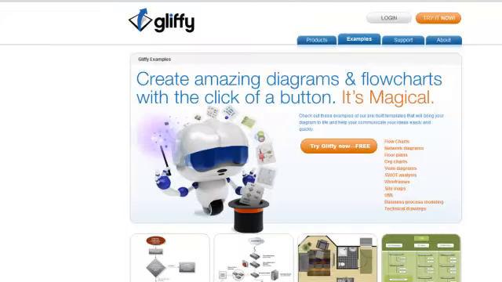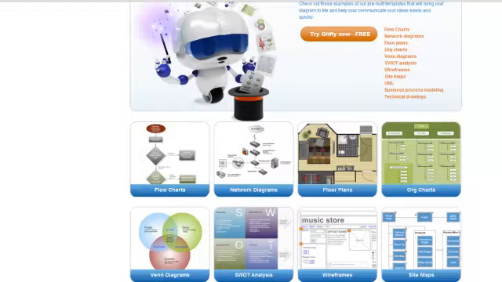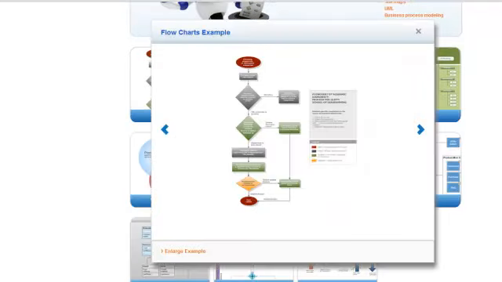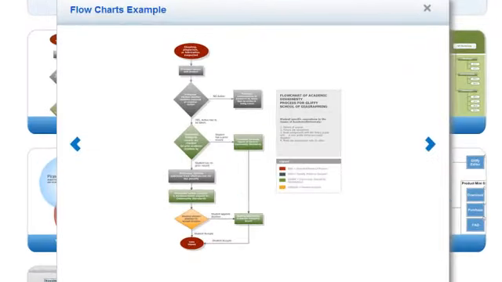You can also go to Gliffy. This is the one I like the most, and this is the one I think I'm going to start using because it actually has a plugin that you can incorporate in WordPress, and it shows you different examples. Now the reason why I like this one, because if you look at the examples, you can see different options, and you can create mind maps for your business. So you need to always have a process for your business, and with mind maps you can kind of streamline it so that way you can make sure you're doing certain things. So if you're going to create a niche, have certain processes in place, and you need to do that in your business regardless.